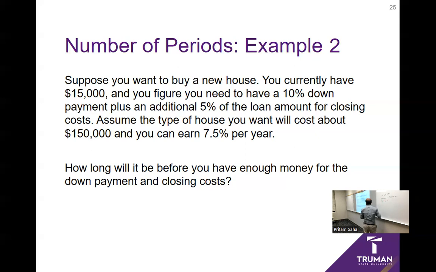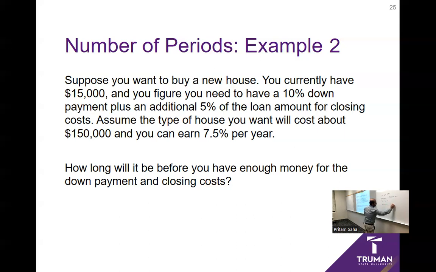Any idea what the closing cost is? You can think of it as just a fee to complete the process. There are some agents who will complete the process for you. It's a fee. You need to pay it from your pocket. What is the closing cost? 7,500. Why? Read again. What is the closing cost? 6,750. Why? Because you take your 150 minus your down payment and then 5% of that. Absolutely. So our loan value is